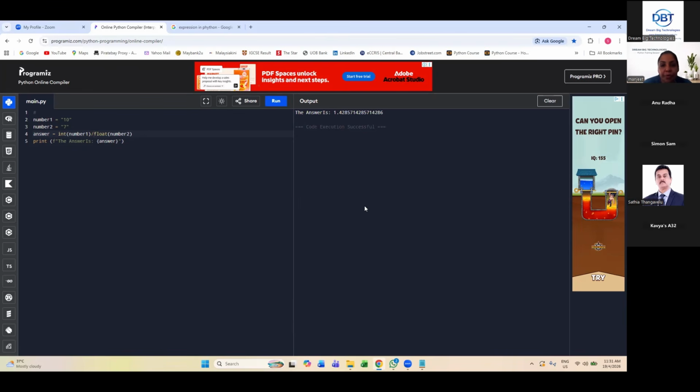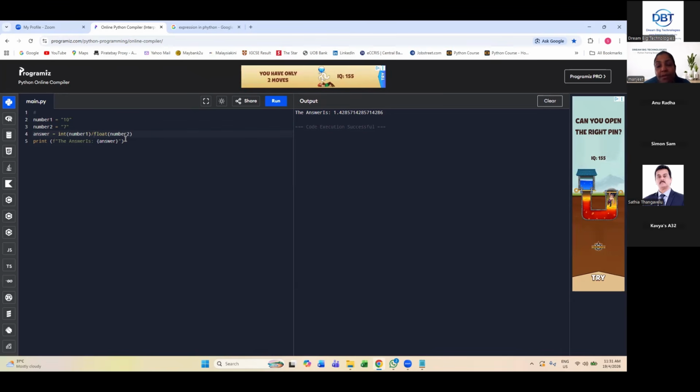If you remove this one and run the code, this is the output I'm getting. You are saying now that after the point, you require two decimal values, not more than that. So we use the round method here. Are you getting my point? We will say import math and we will use the round method. I will tell you how we are going to do it. It is coming in the next topic after this.